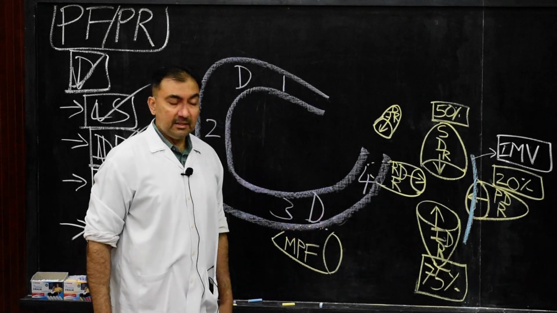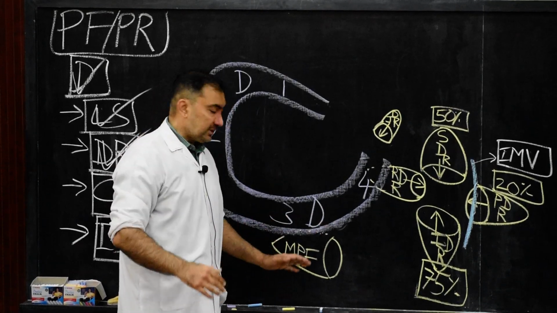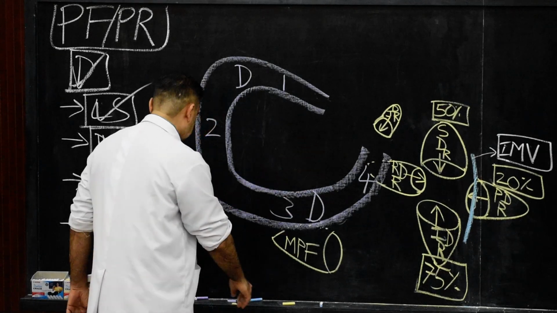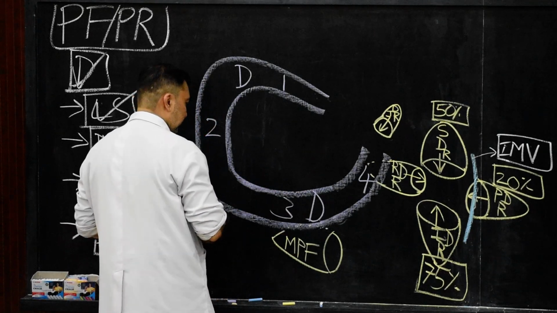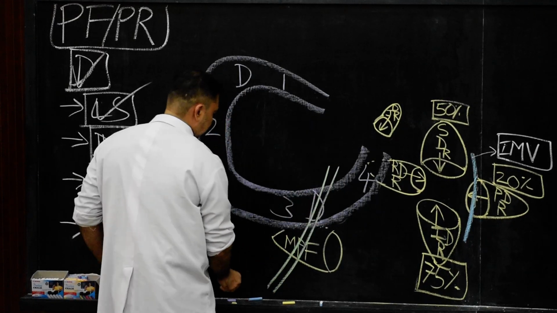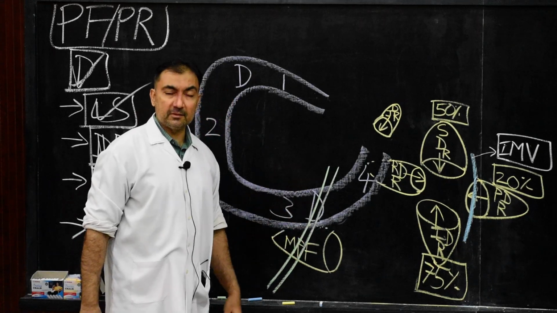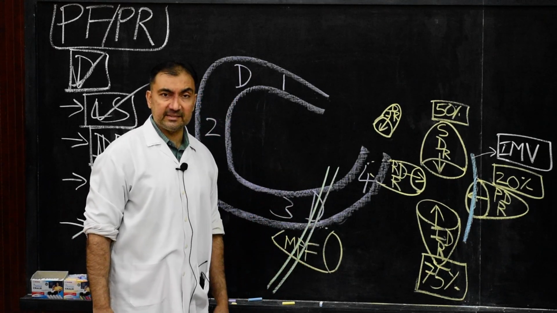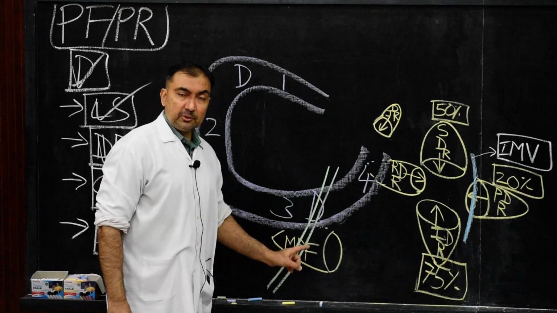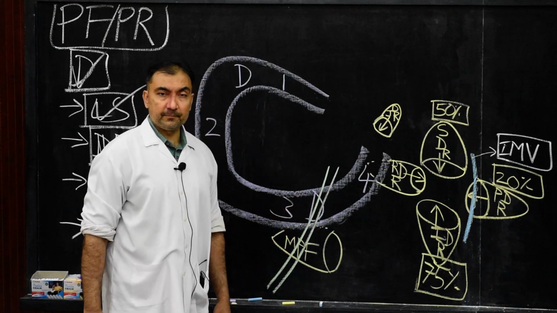Where is it located? It is located in the upper part of the mesentery, and we know that the root of the mesentery is crossing this horizontal part of the duodenum. So here, if you show the root of mesentery, this is what we are showing, the root of the mesentery. So the mesenterico-parietal fossa, a part of the duodenal recesses, is the sixth recess. It is present in the upper part of the mesentery.